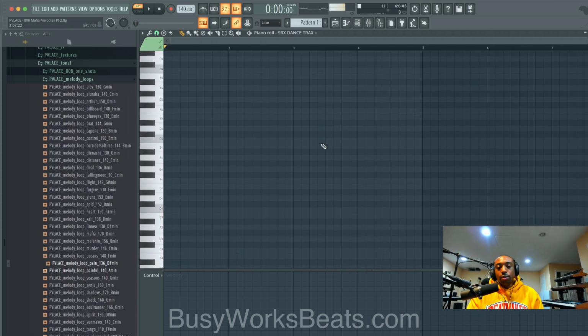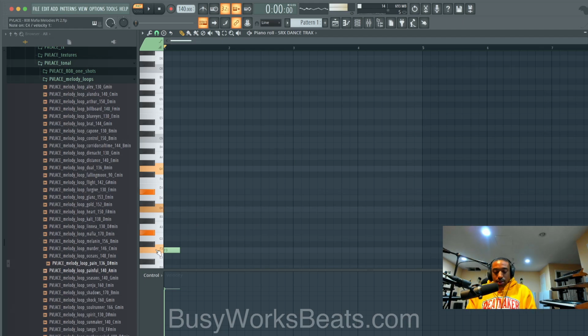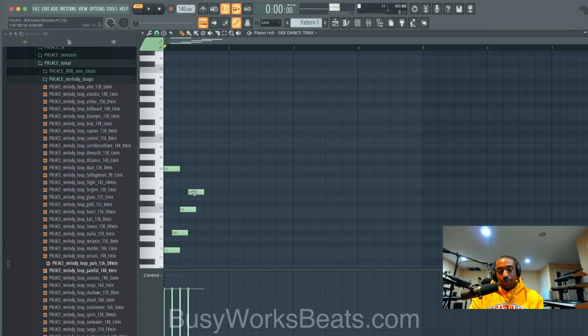So what we're going to do is break up a minor 9 chord. Here are the notes if you want to copy. So it's F. Okay, let's just copy these notes. So we're going to copy these notes and then we're going to play them one by one. So most people, they just leave the velocity where it is. So it goes 1, 2, 3, 4, 5.